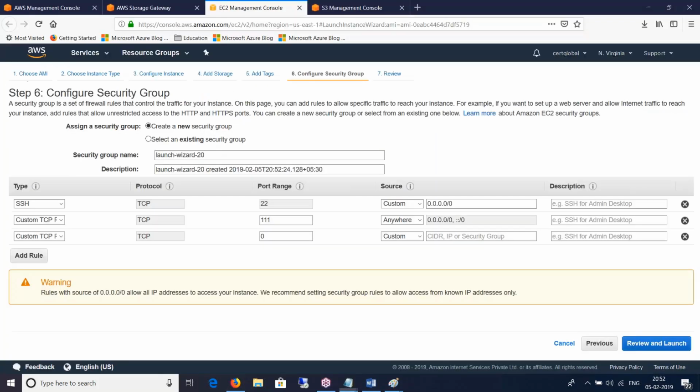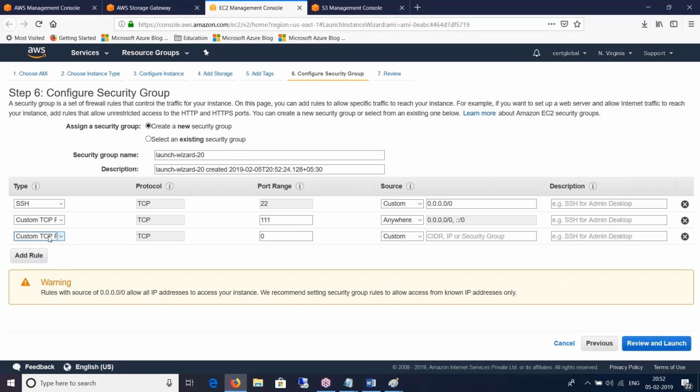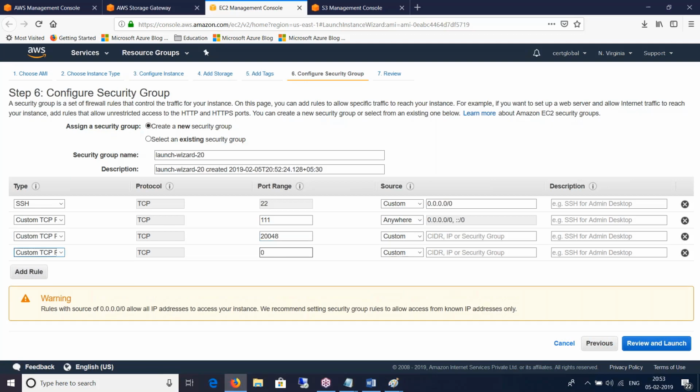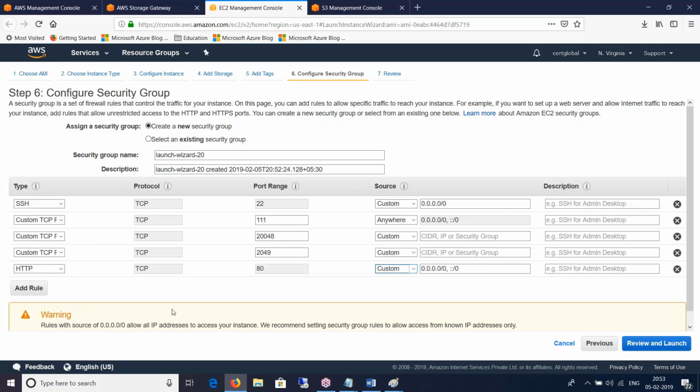Add rule, and then, did I say 20049? No, it is 2049. And the next one is 20048, and 2049 and HTTP. All right, let's quickly do that.